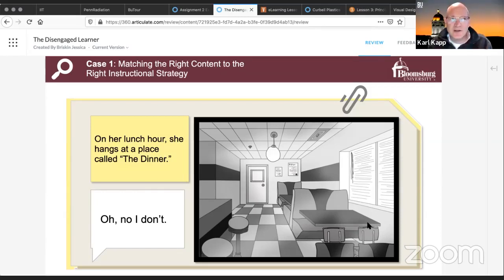Here's a really interesting stat I saw today. The global learning game market, so people that design learning games, is a $5.8 billion market that's supposed to grow by 27% in the next 5 years. So you can go into an area where you can develop and design learning games. That's huge. That's really important.